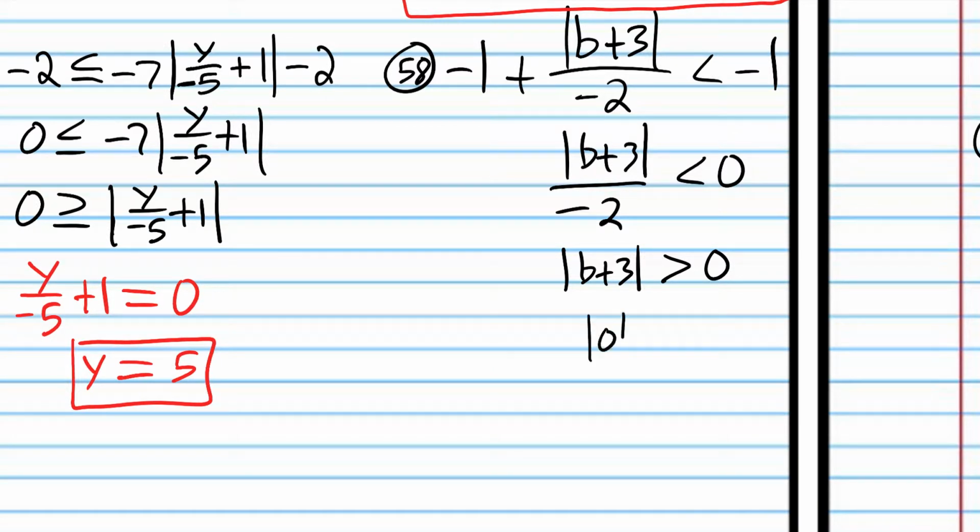Because if it ends up being 0 inside, if b plus 3 ends up being 0, absolute value of 0 is not greater than 0. They're equal to each other. They're not greater than each other. So that means that b plus 3